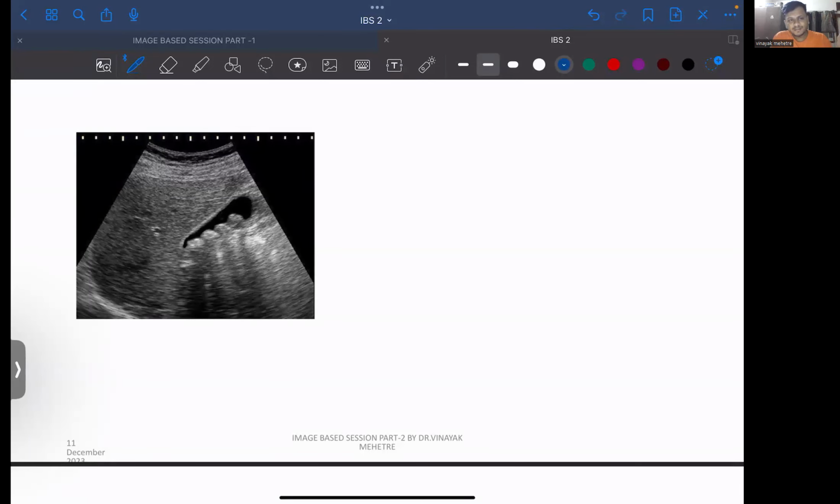AST, ALT deranged हो गया. Pain in right upper quadrant, and this is the image. फैटी खाना खाते हो, राइट, स्मोकिंग ड्रिंकिंग भी करते हैं लोग, सो मेनी पेशेंट्स आर गोइंग टू प्रेजेंट विथ गॉल ब्लैडर स्टोन,